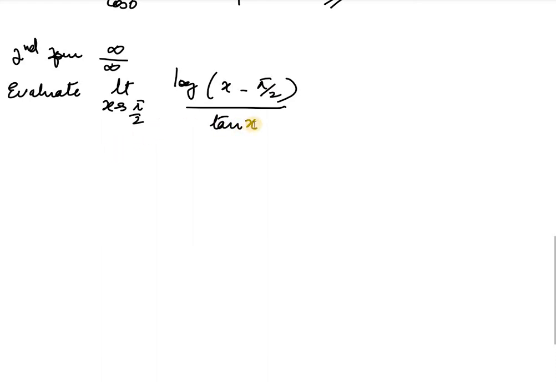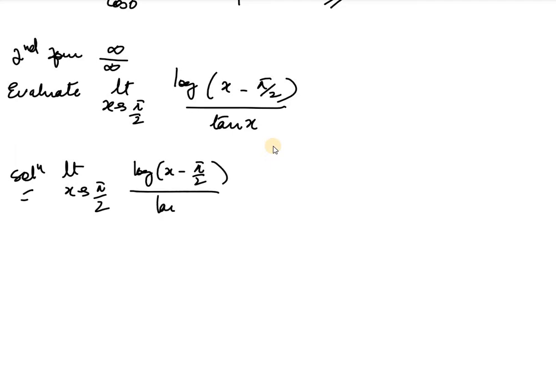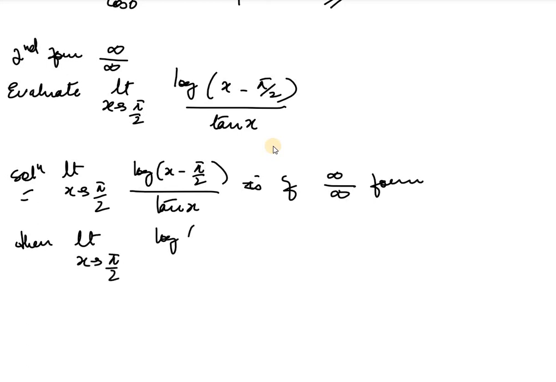And what about tan of pi by 2? If you replace x by pi by 2, then we know that tan of pi by 2 is infinity. So this one is of infinity by infinity form. So the solution will be limit x tends to pi by 2 of log of (x minus pi by 2) divided by tan x. So this is of infinity by infinity form. So by using the rule of second form, limit x tends to pi by 2 of log of (x minus pi by 2) upon tan x